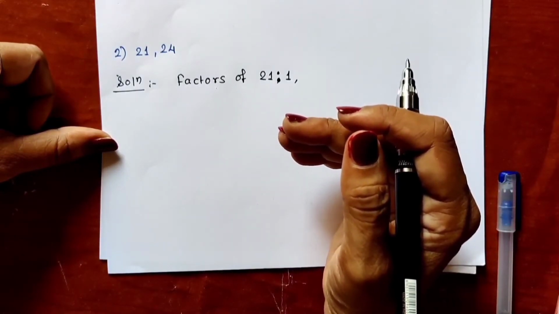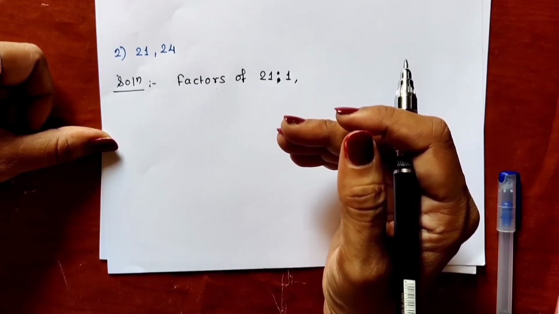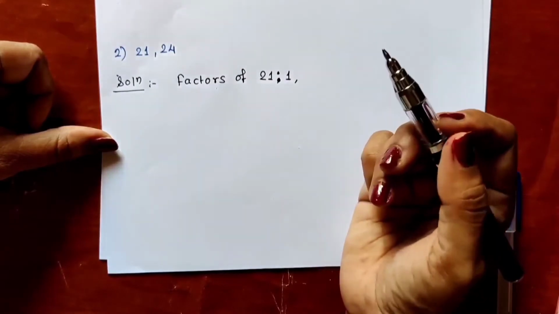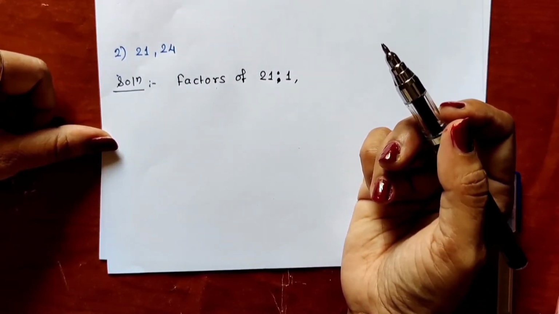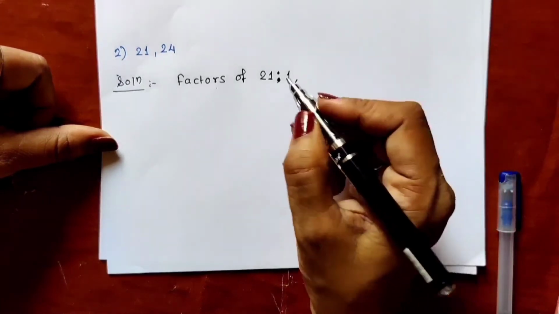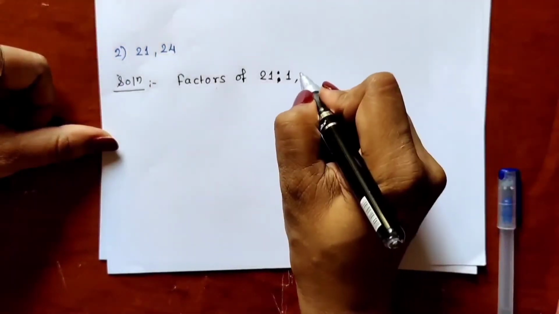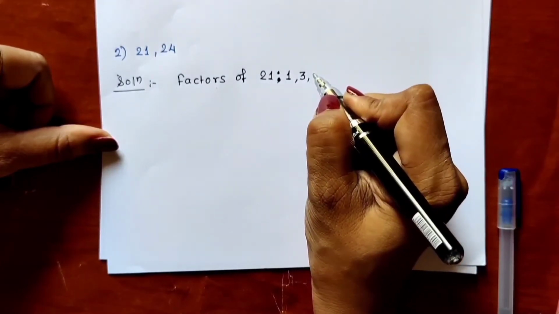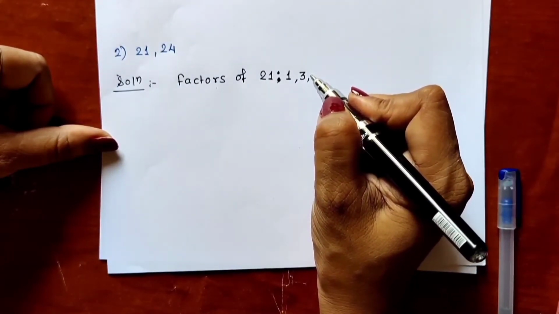You can check the factors by test of divisibility also. Now we are having smaller numbers, but if we get the bigger numbers, we have to use our test of divisibilities. Okay, so it is divisible by 3. 3 sevens are 21. Is it divisible by 4? No, it is not there in the table of 4.